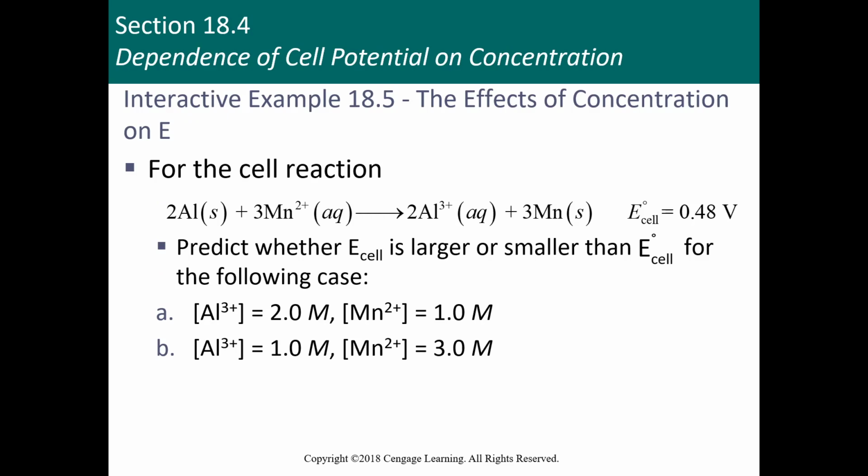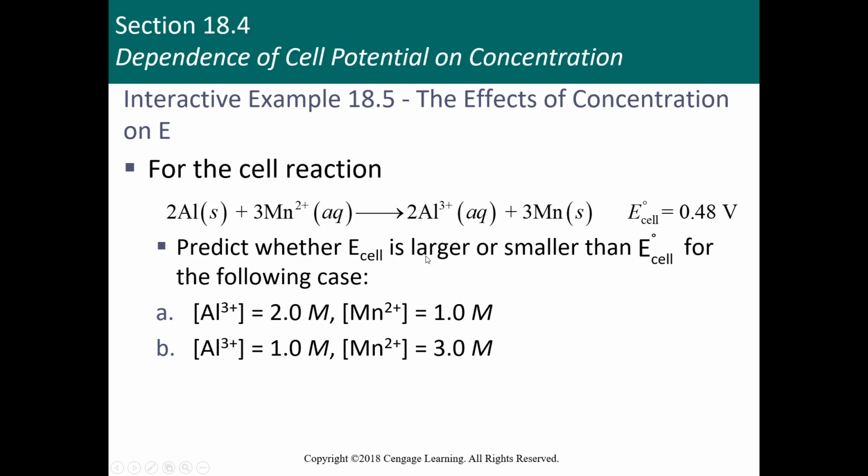So, for the cell reaction right here, predict whether E cell is larger or smaller than E naught cell for the following cases. Remember, when we look at these E naught cells, these were always for 1 molarity for all these concentrations. And so a higher molarity would indicate, if you think back to your Gibbs free energy and everything else you've done, that you're going to end up changing that E cell for those